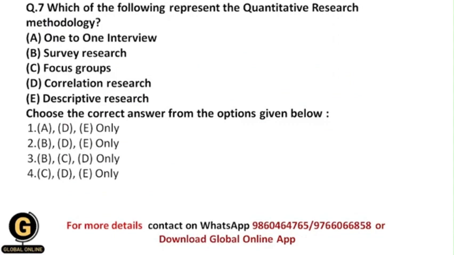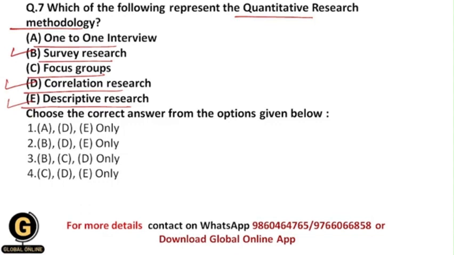Next is, which of the following represent the quantitative research methodology? Whether it is one-to-one interview, or survey research, or focus groups, or correlation research, or descriptive research. Now students, all of you now understand exactly what the quantitative research methods and the qualitative research methods are. So from these options, obviously survey research, correlation research and descriptive research are the quantitative research methodologies,